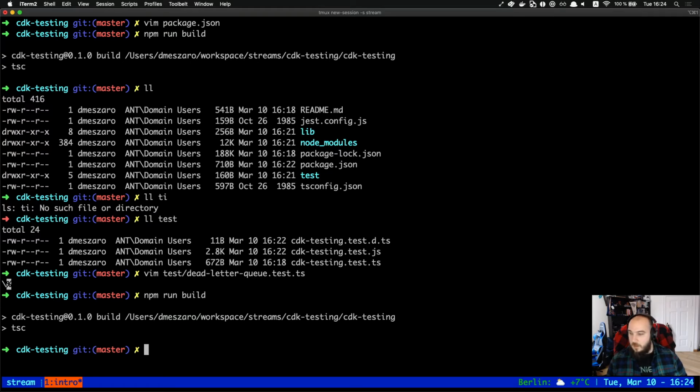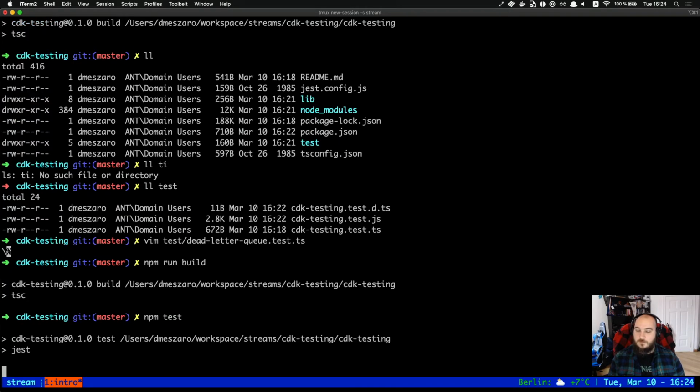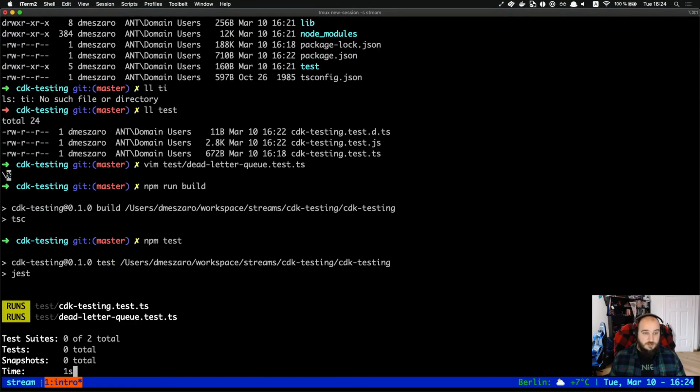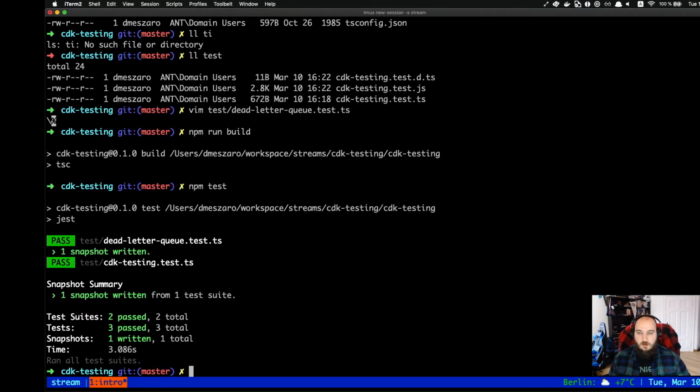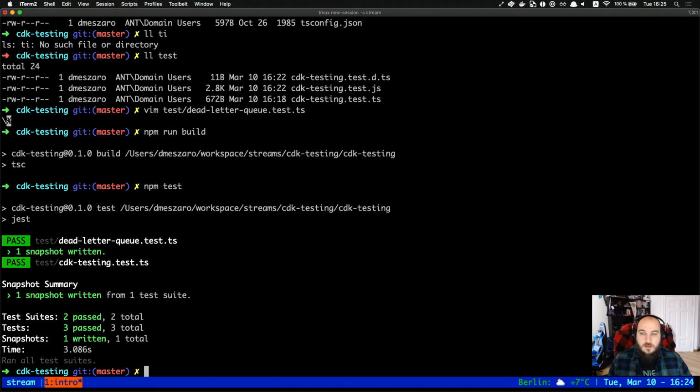Okay, now npm run build has succeeded. Npm test, and this should run Jest in this case for some testing. Awesome. So it has actually finished the test. So the test is successful. Basically, what it has done for this test called dead letter queue, it has created a snapshot, right? So it has created a snapshot